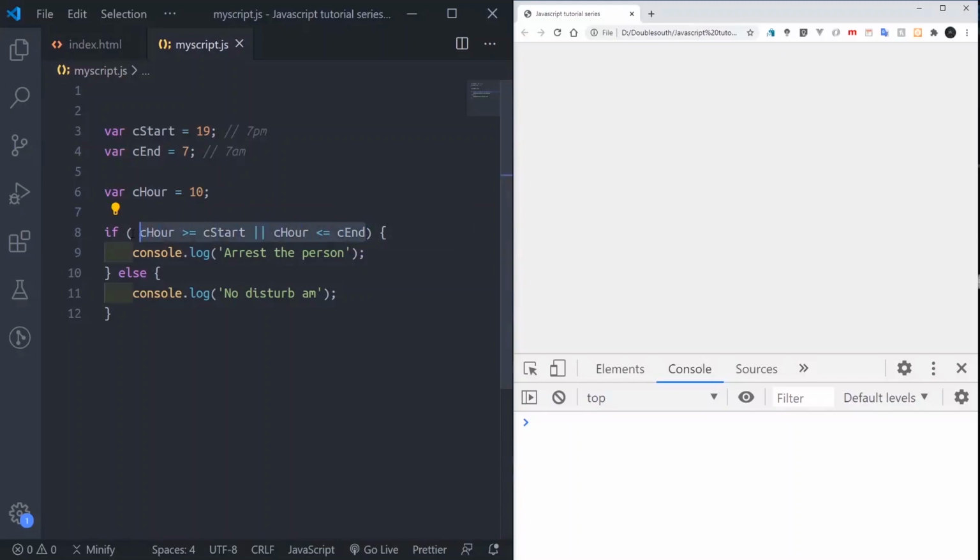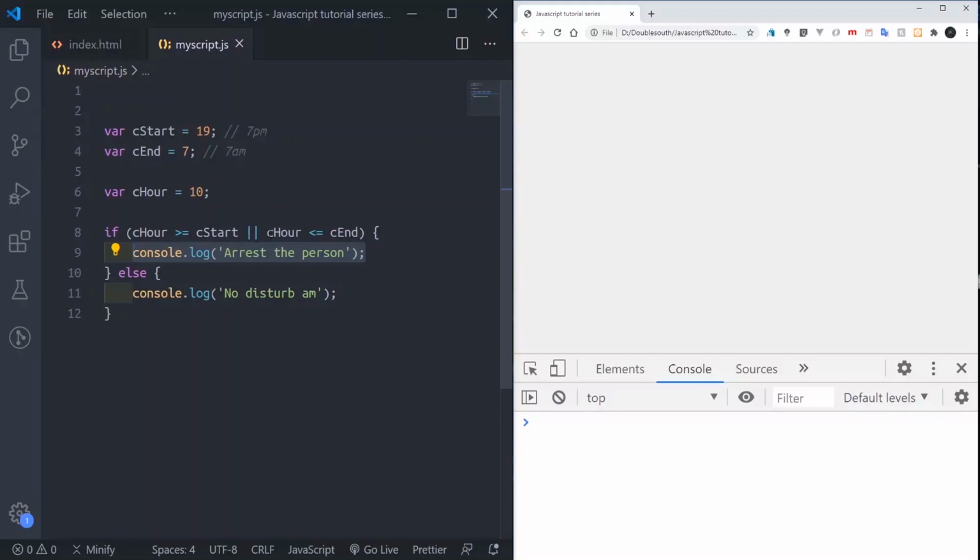And normally before, if what we test here turns out to be true, the code inside the if would run. But with this logical or, what will happen is it will first test this one. If this one is false, it will come here and test this one. If that one is false too, it will go to the else block and print that. But if this one is true, it will print this one.